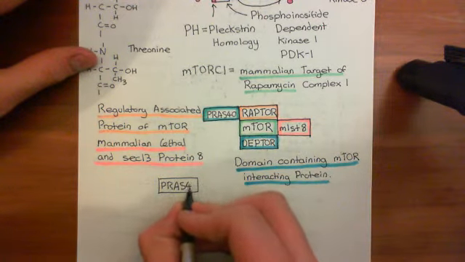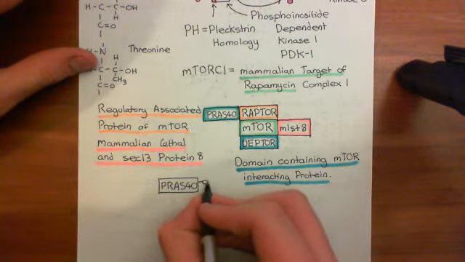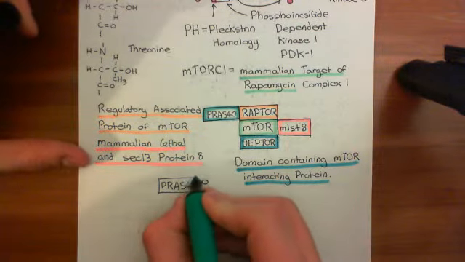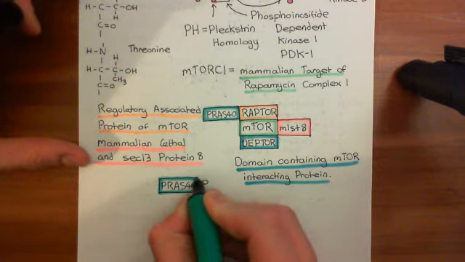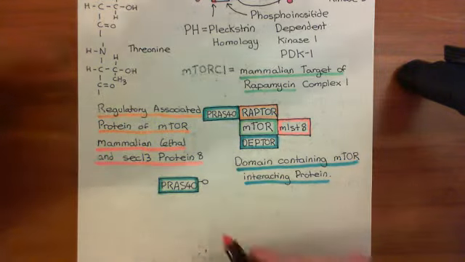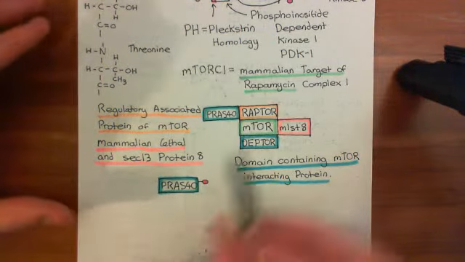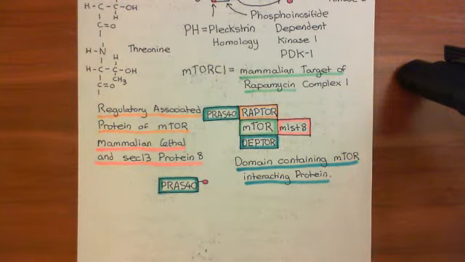Okay, so you go to the active complex, but that alone is nowhere near enough to actually activate the mammalian target of rapamycin complex 1. So yes, it's part of the activation, but it's not enough alone, basically. So PRAS40 does fall off, and it is due to phosphorylation by AKT, but that's not really the main mechanism by which AKT activates this. So I'm going to tell you what is known about the mechanism by which AKT activates it, but there will